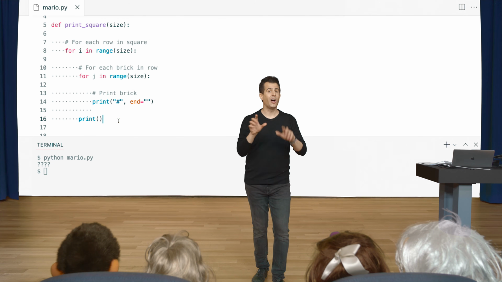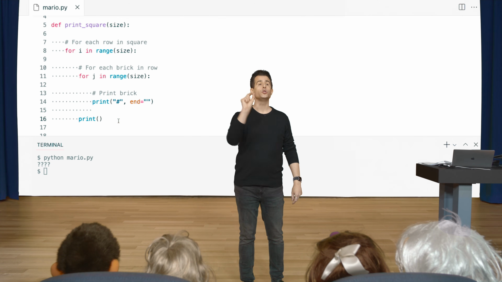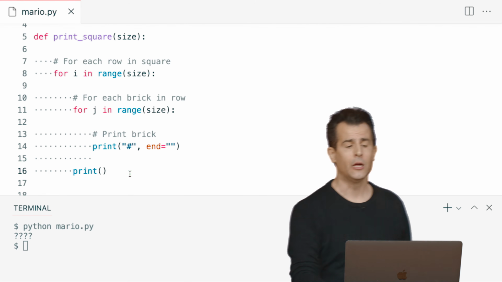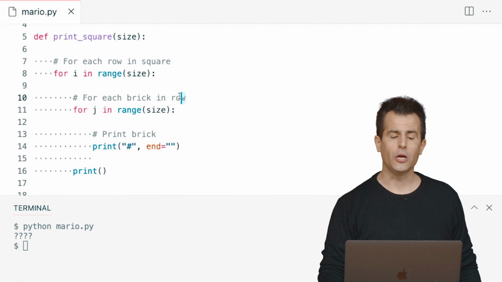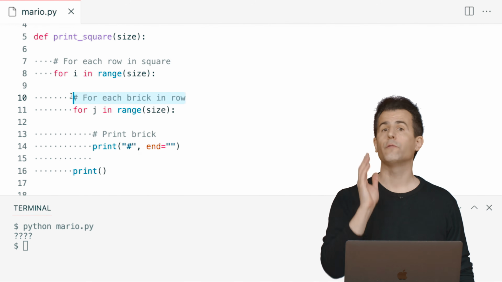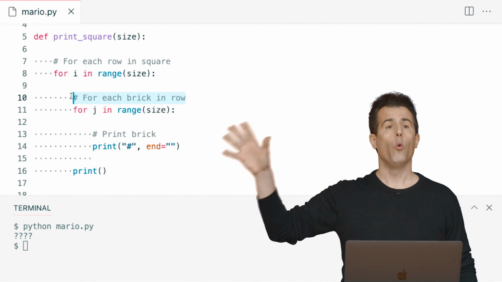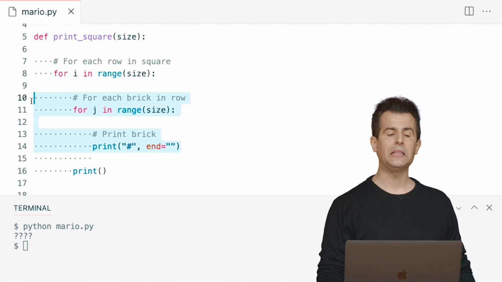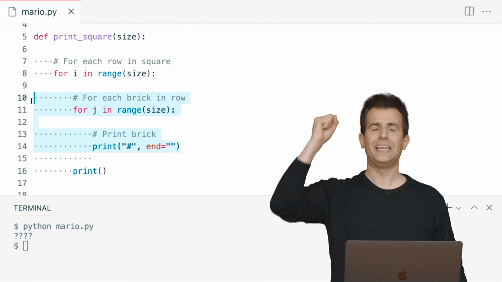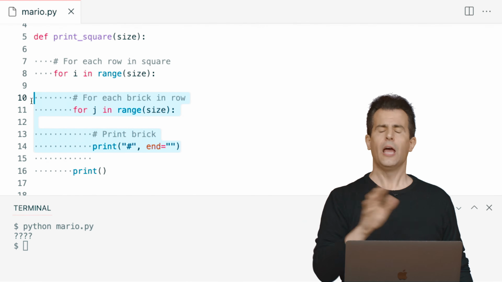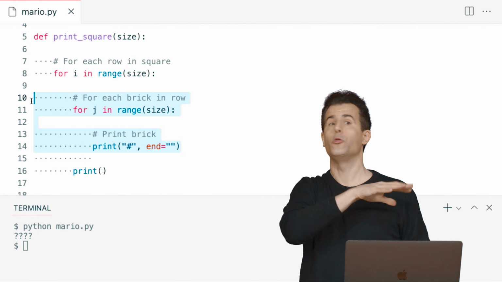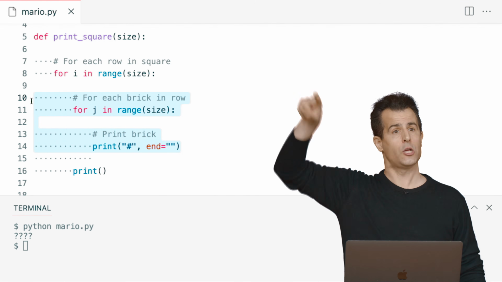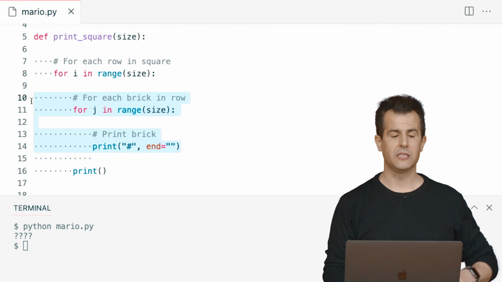Perfect. I don't want a new line after every brick. I only want to do that at the end of the row. And that's why my comments now are perhaps enlightening. Notice that this loop here is just iterating for each brick in the row. Once I'm done with that inner loop, so to speak, once I'm done with these highlighted lines here, to Evelyn's point, I need to print out one blank new line. And we've not done this before, but when you call print with no arguments, all you get is that automatic line ending, the \n, where the cursor moves to the next line.